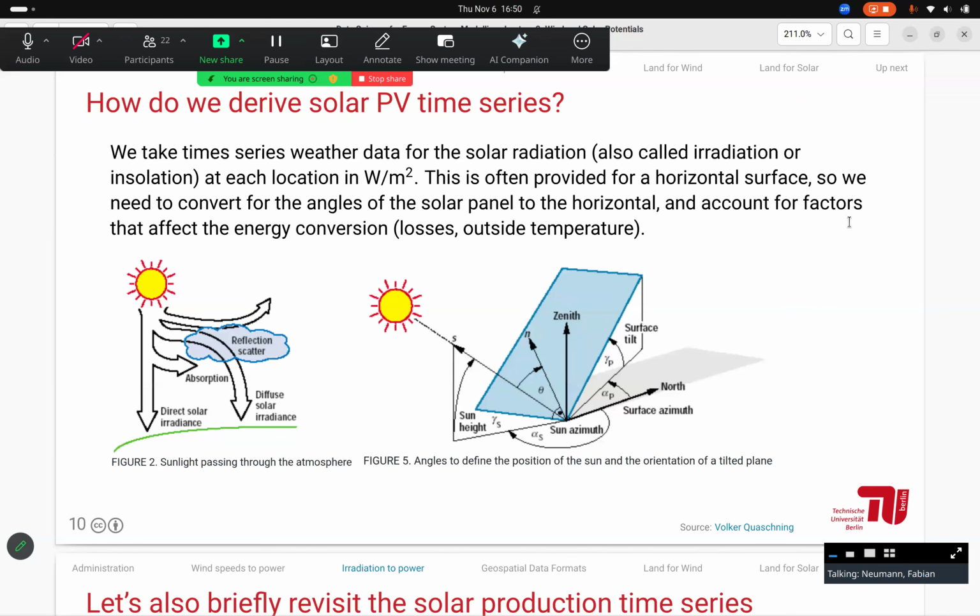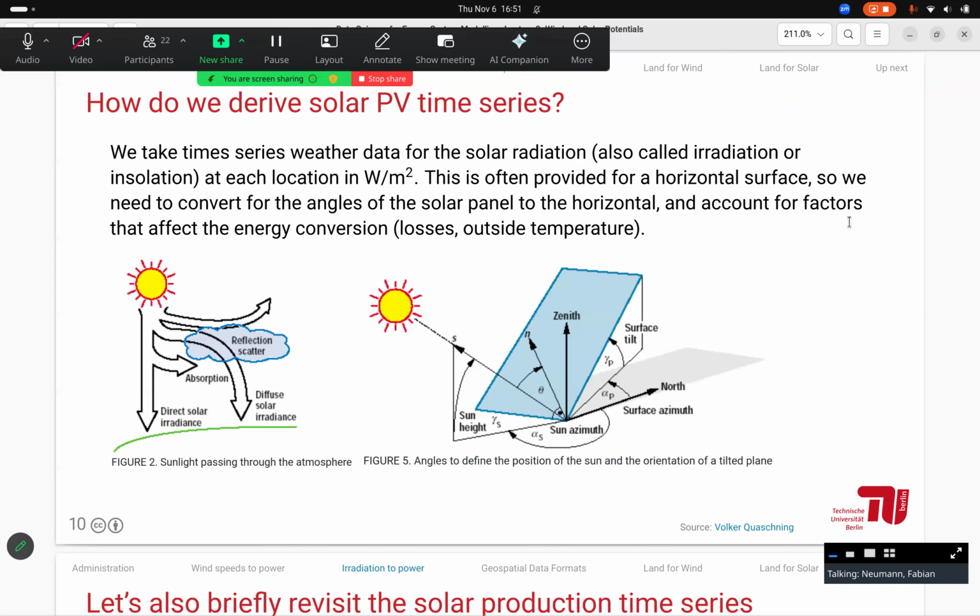And there's a couple of other factors that play a role, like the temperature, for example. If your temperature is lower, you have better efficiency of your solar panel. And you have to also factor in different types of radiation. So for solar PV panel, you're really looking at the direct solar irradiation, so irradiation that is not diffuse, where there's no clear rays, but it's maybe scattered in different directions, and that has to do with the activation of the solar cells